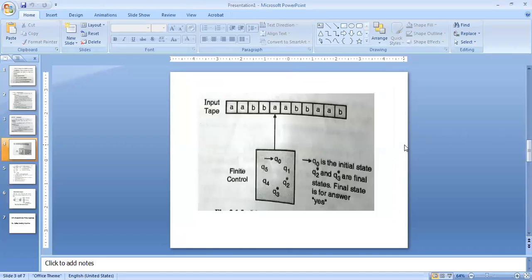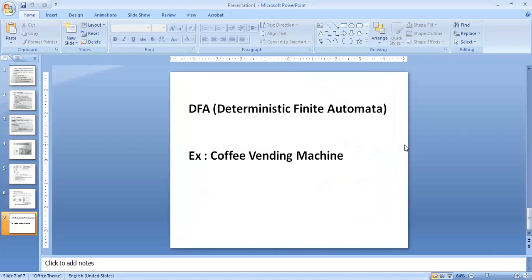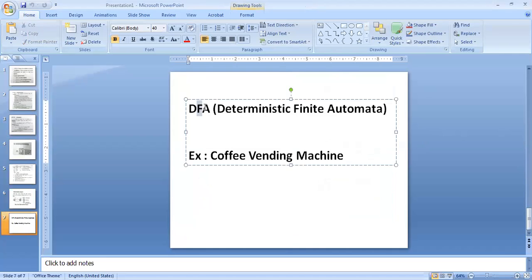Now the next concept is called finite automata. Finite: we already know the dictionary meaning, something which has an end is called finite.